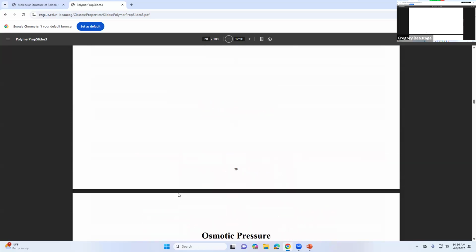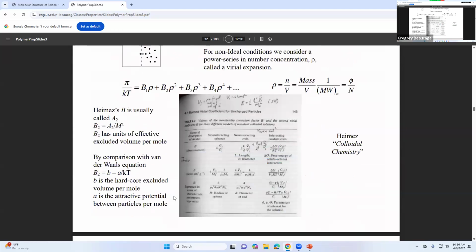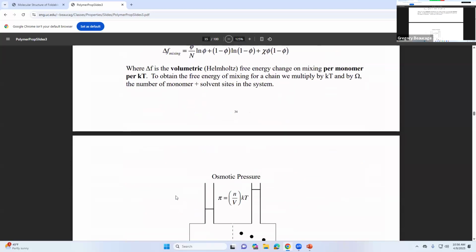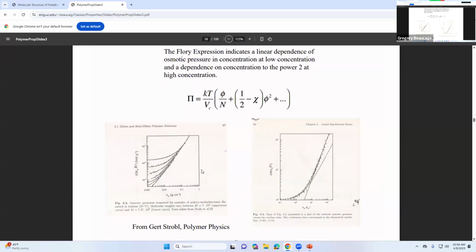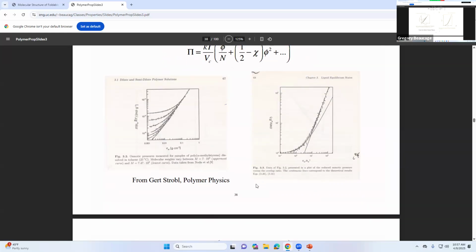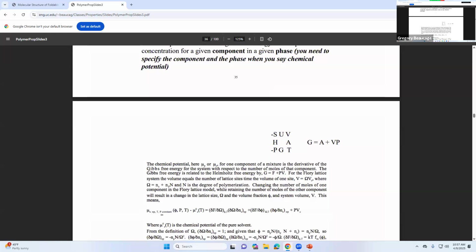So anyway, the reason to mention this is partly that it's in all the books, and also because of this paper on the concentration blob and the concentration dependence of osmotic pressure. This was done by Sal Noda, who's in Cincinnati. He's kind of affiliated with UC. He's at Procter and Gamble, but he's done stuff with UC quite a bit. This is like the 1970s, maybe 1980s. So this was one of the first verifications of